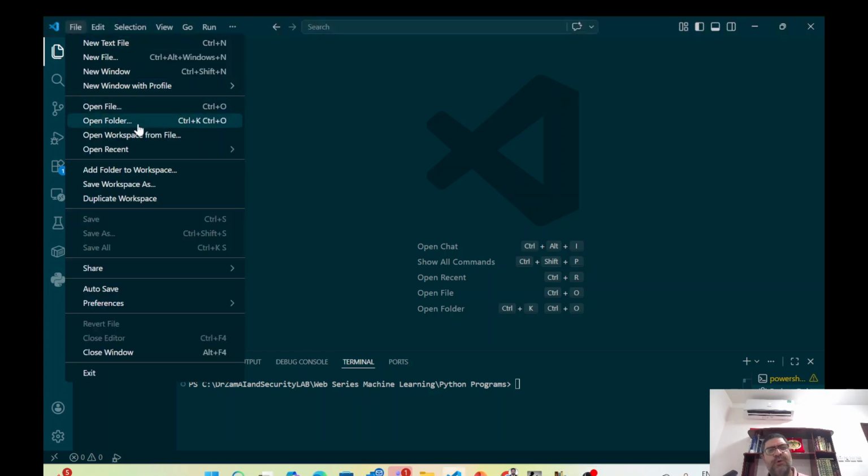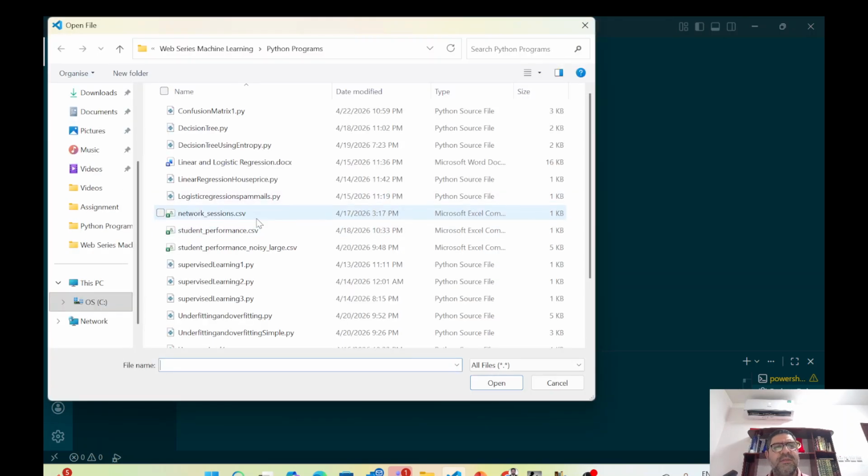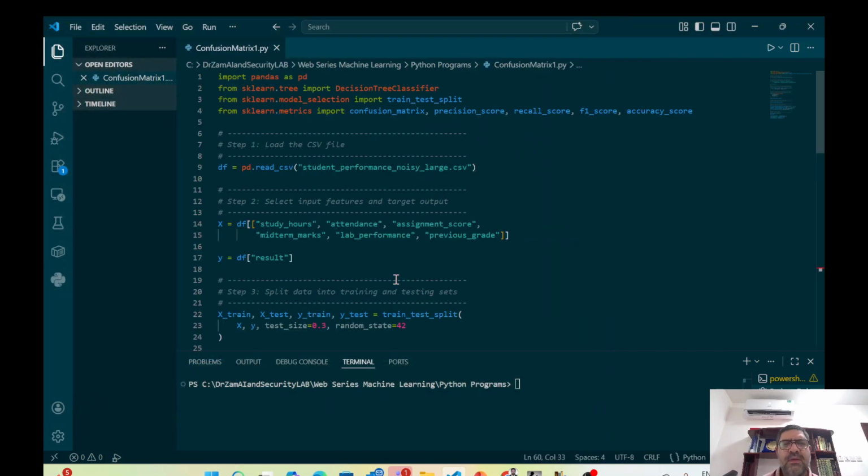Okay, we are going to open it. So open files. I'll be having a program here, that is this confusion matrix. Now, if we go on explaining this program one by one, we have taken most of these separate parts